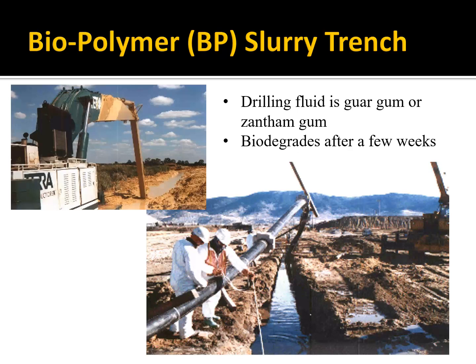Well, in this case, instead of adding bentonite to the slurry, they use a guar gum or a xanthan gum. That slurry has to have some viscosity to it, otherwise the water just seeps into the soil. And the gum forms a cake on the sides of the trench and allows that water pressure to help keep that open. So you use that gum-based drilling fluid, then you put a pipe at the bottom, and then you can backfill it with gravel, and the gravel just goes in with the gum. But then that gum biodegrades after a few weeks, and you're left with a